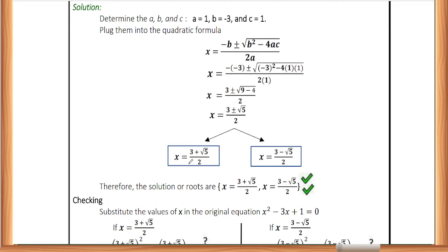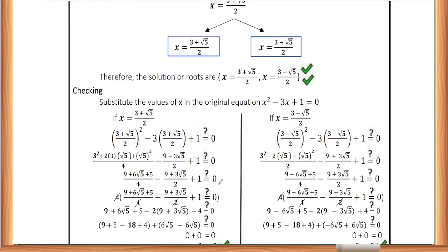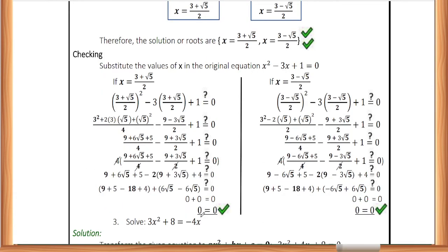So, that means the solution would be 3 plus square root of 5 over 2 and 3 minus. So, may plus and minus kasi every square root. So, yan yung magiging solution. Dalawa yung solution. If you want to check, you can just simply substitute it. Pag na-substitute nyo, makikita nyo tama yung